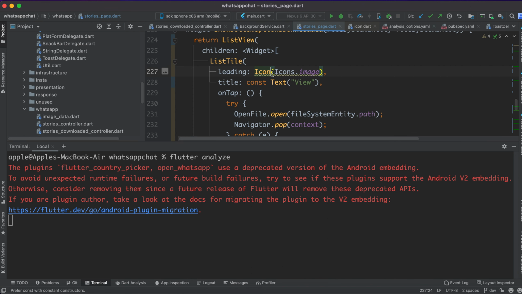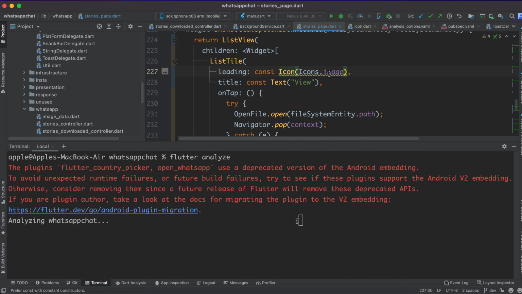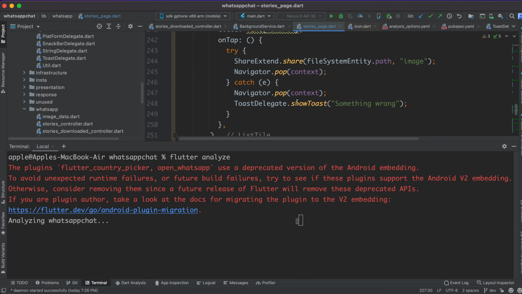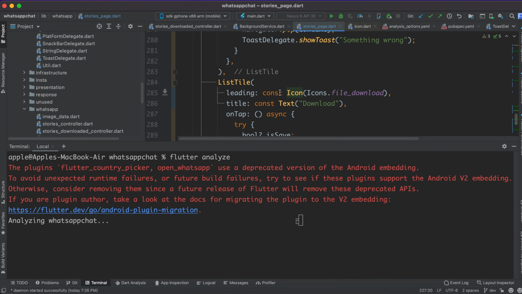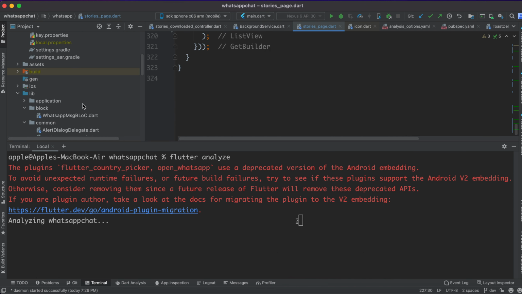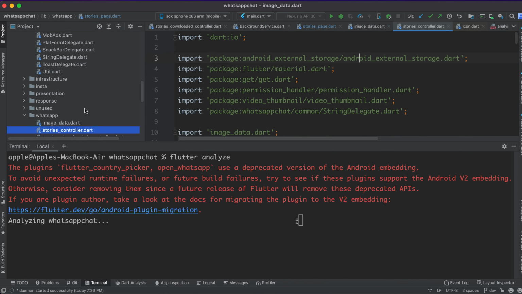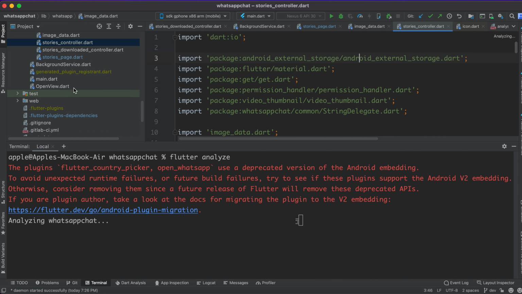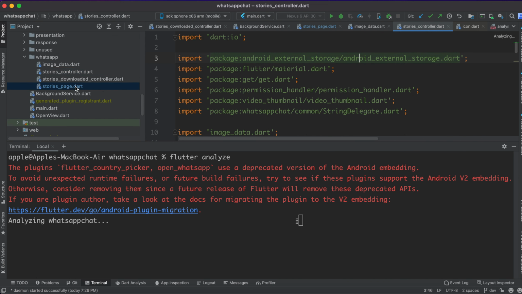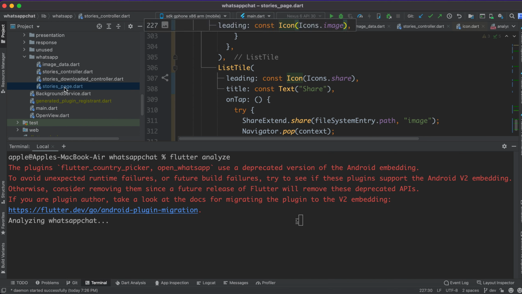Same thing, in most places they suggest we use const, right? And in the other file also, they are constant. I have already added const in most places. Let me check another file to see where we can improve. The story pages I have added already.